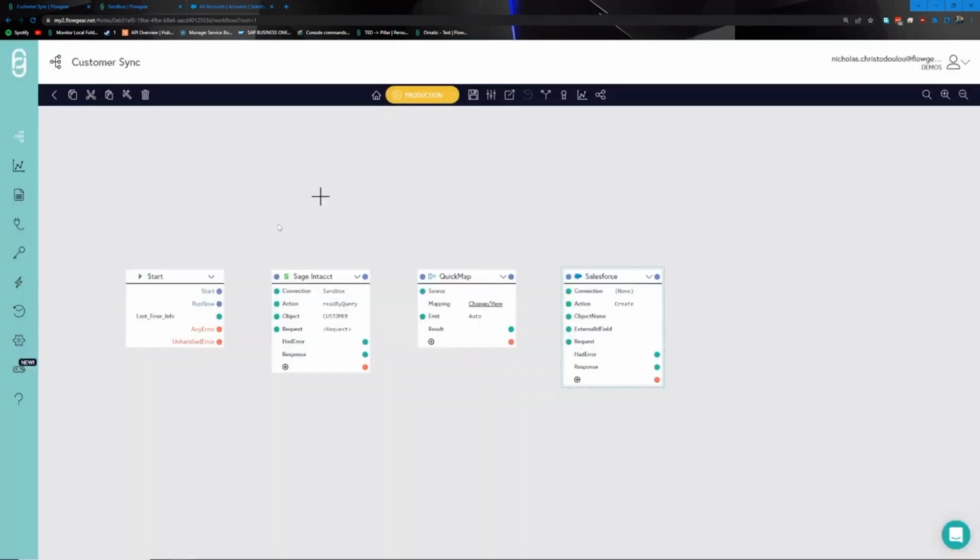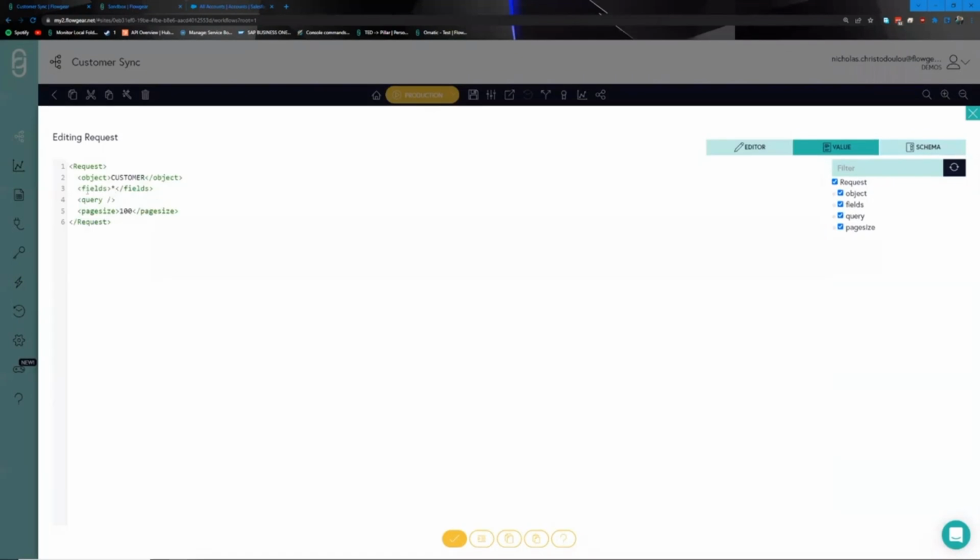Now, once you've done this, what's happening in the background is the connector is obscuring all of the complex aspects of the integration, such as what endpoint to hit and how to hit it. And all it's doing for you is giving you some basic information to work with here on the canvas, such as how is that request going to happen. In this case, we can have a look at this request and we can see that it's going to return all the fields and a page size of 100, meaning 100 results. We're going to go ahead and change this to 1 for the sake of the demo